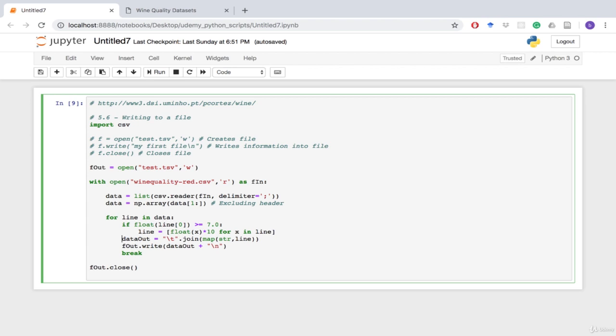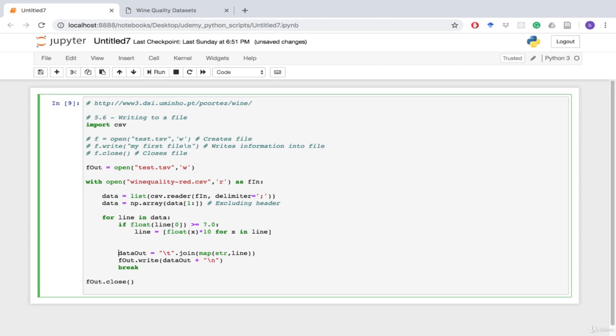The next thing you usually want to do, once you've done all of your data manipulation, is prepare your data to be written out. That usually takes 2 lines for me because I have my embedded list of lists, that's what the array is. And now, remember, when we write out to a file, it needs to be a string. The first thing I wanted to do is take my line, my row of data, and make sure that